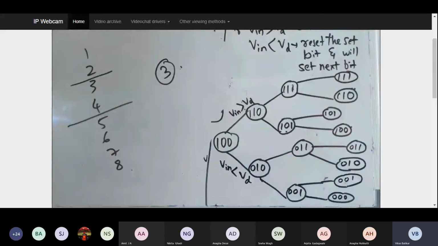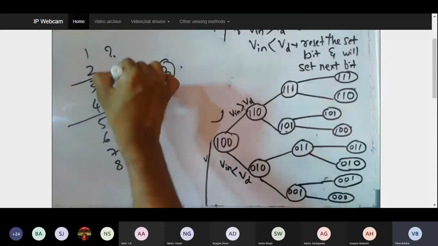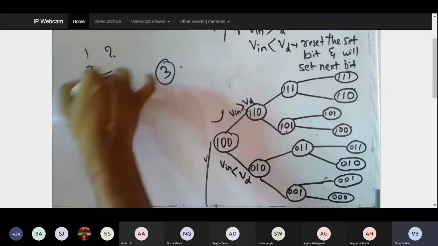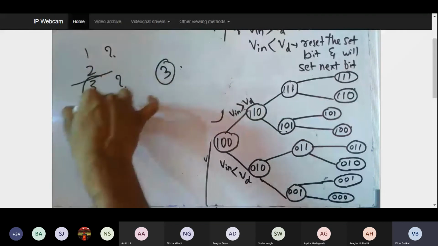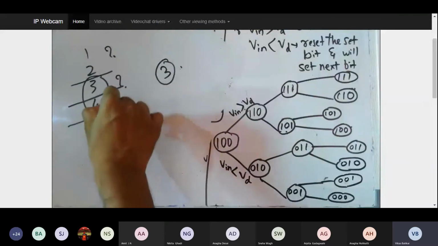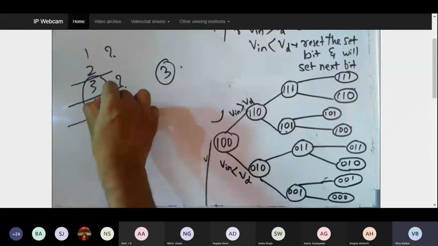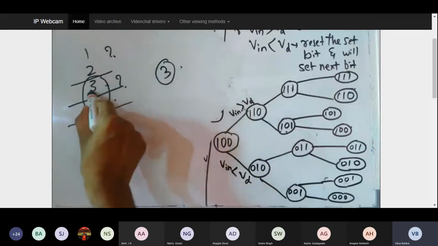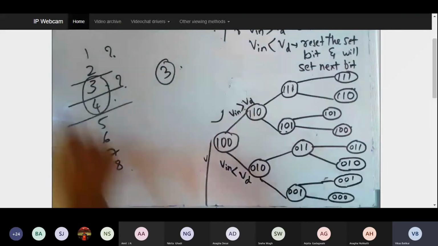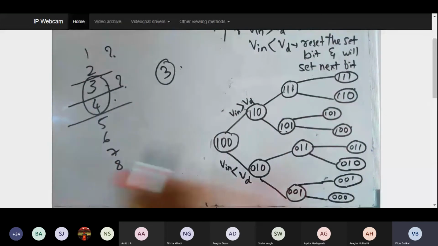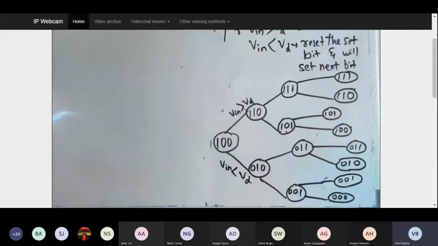Now again I'm going to ask whether the 3 is present in the upper half or the lower half. If the answer is it is present in the lower half, again you look into this and break it into two halves. Then you identify whether 3 is present in this half or this half. If your answer is 3 is over here, and since it has only one bit which cannot be further divided, you have identified 3 is present over here. This is the logic that has been applied over here as well. The same logic is applied over here, and we have identified different bits.